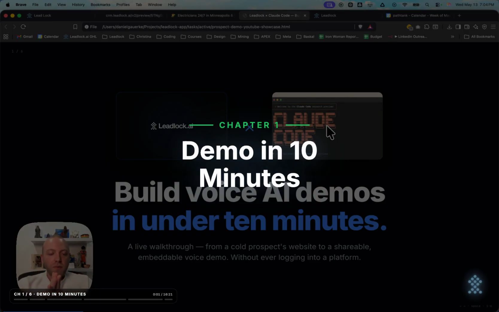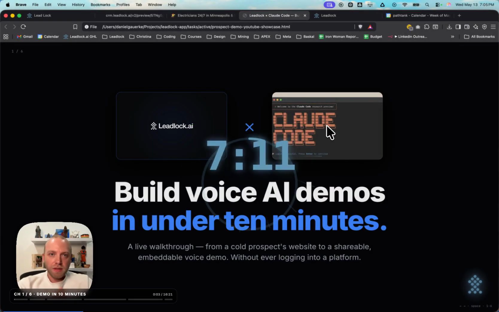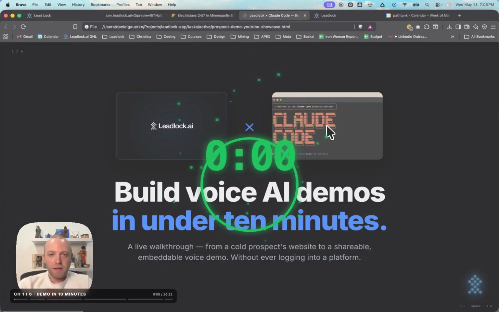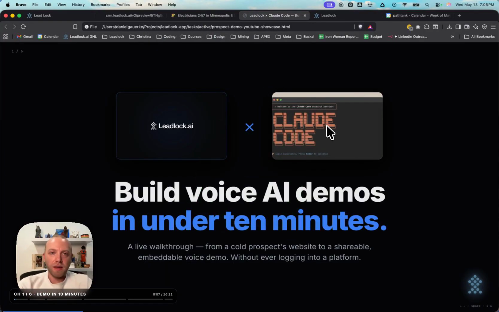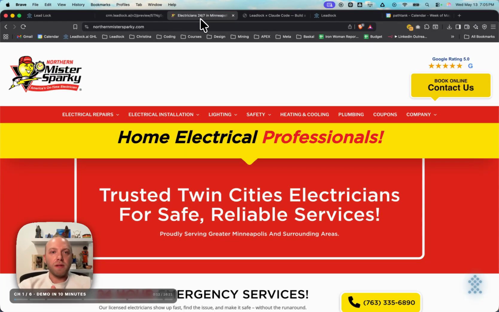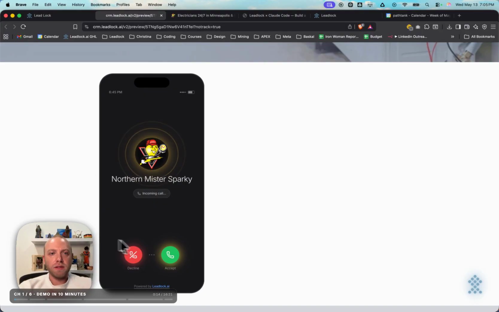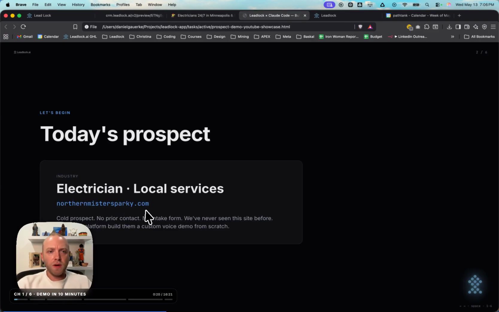Going to show you how to make a demo in under 10 minutes. This demo can be sent as a link or it can be embedded as an iframe into your site. It'll look something like this, just like that, with the client logo, with the name, everything like that. So today we're just going to use this website here, and I'm going to show you how to do it